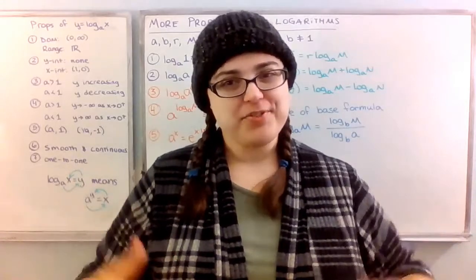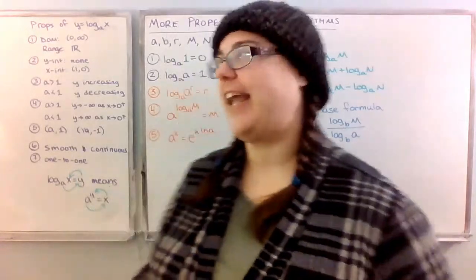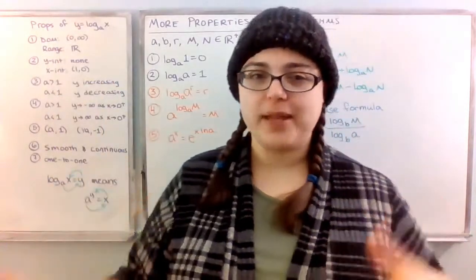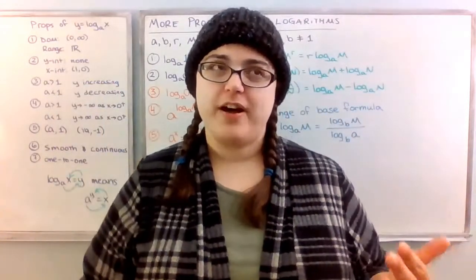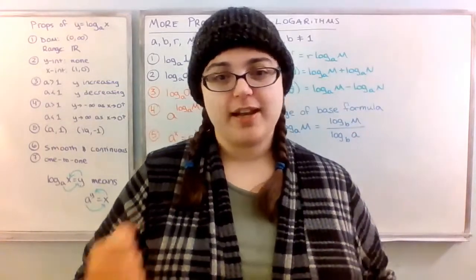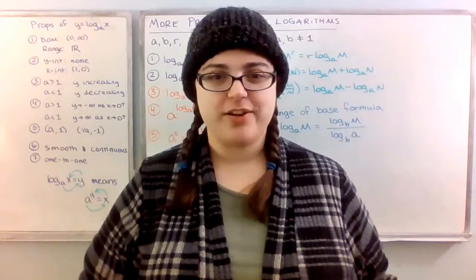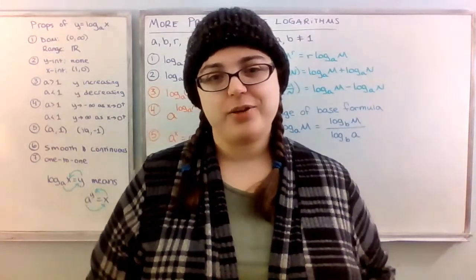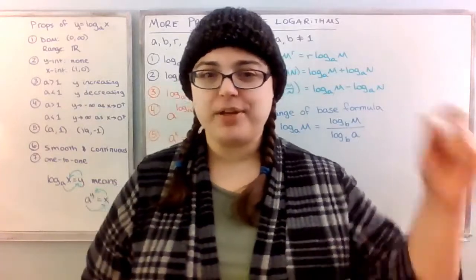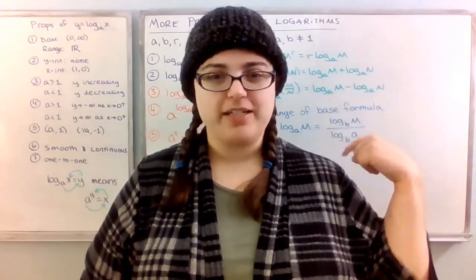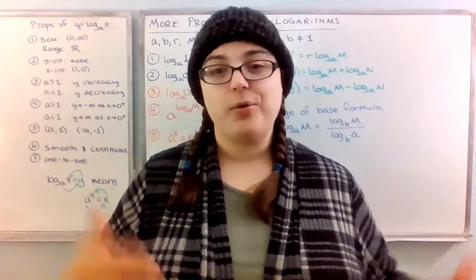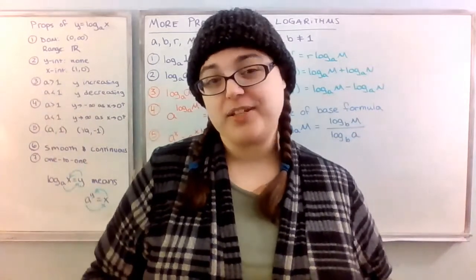So a couple videos ago, we found a list of several properties of logarithmic functions, and they were based off of properties of exponential functions and the fact that logarithmic functions and exponential functions are inverses of each other. Then in our last video, we started to develop a few more properties. So actually properties 1, 2, and 3 that are on the board behind me are the 3 that we developed in the last video. So now we've got a whole bunch of other properties that we're going to look at